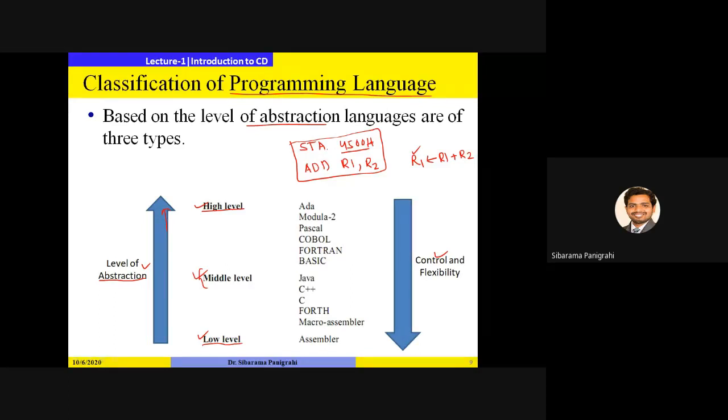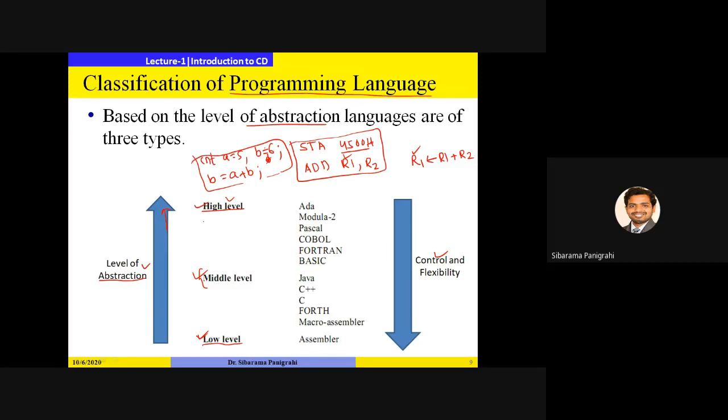Okay, so here you see the level of abstraction is pretty low in low level languages. You need to know where the data is stored, from where we have to retrieve it, which register is used to store a value, and after the operation where the data should be stored. Whereas in a high level language you should not worry about all these things. You simply write integer a equal to 5, b equal to 6, then you can write b equals a plus b. You don't know where the values are stored, but still you are able to perform the operations. So here the level of abstraction is pretty high.